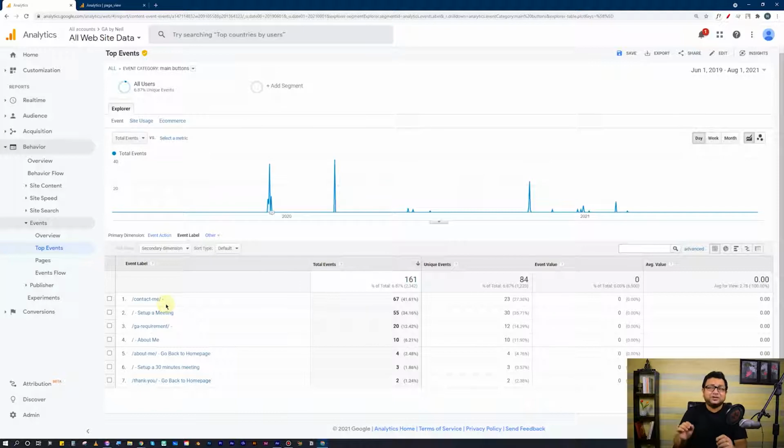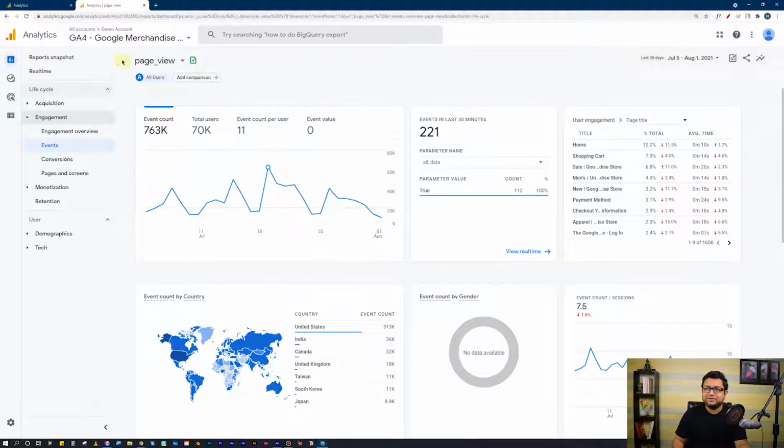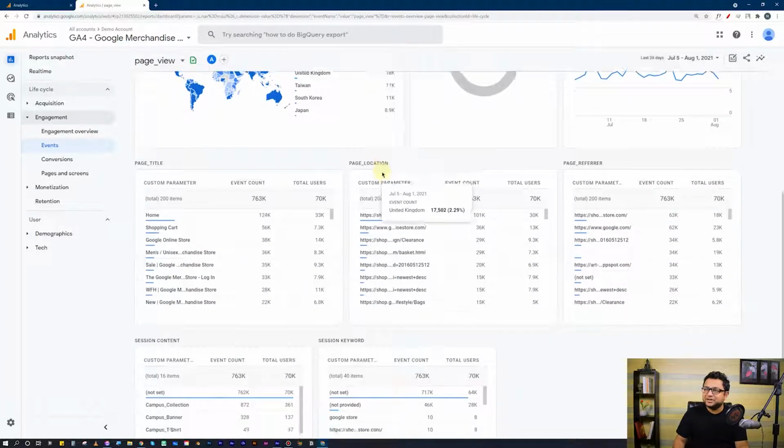That has changed in Google Analytics 4, because if I go to Google Analytics now and open an event called page view, you will find something interesting. By the way, if you don't know, page view has become an event; it was kind of a hit type in Universal Analytics, but that's not the topic, so we'll leave it for now.